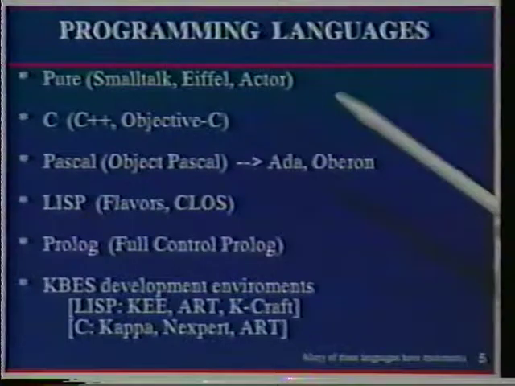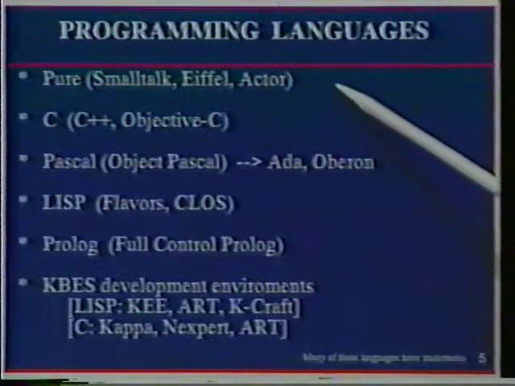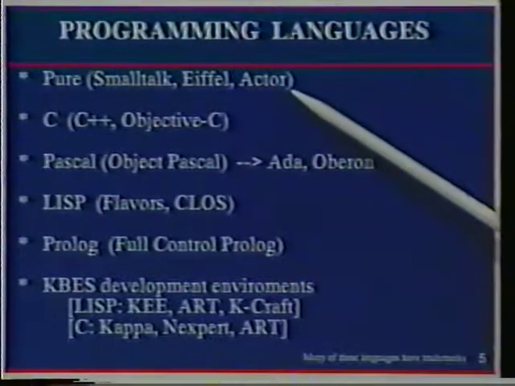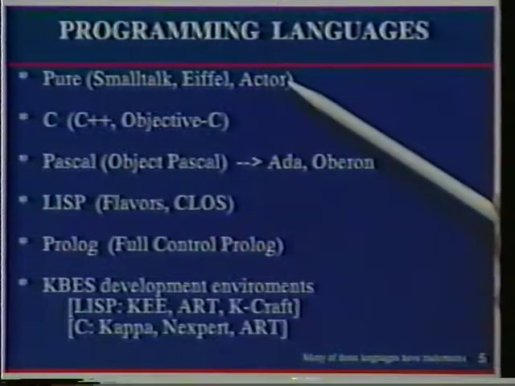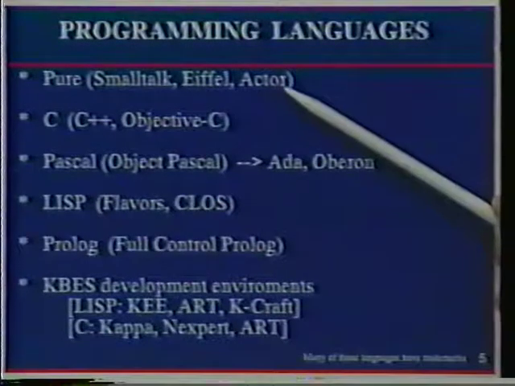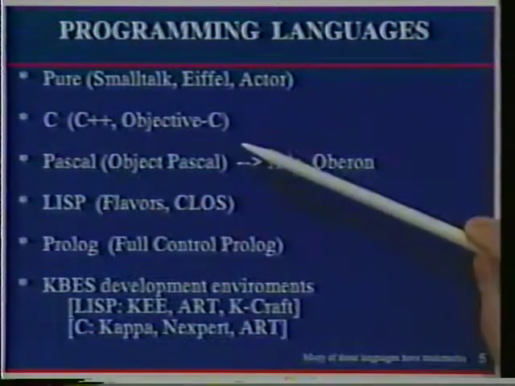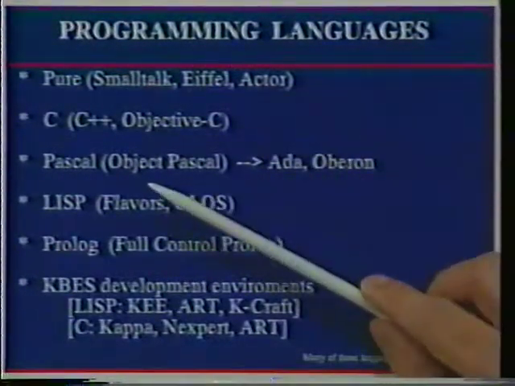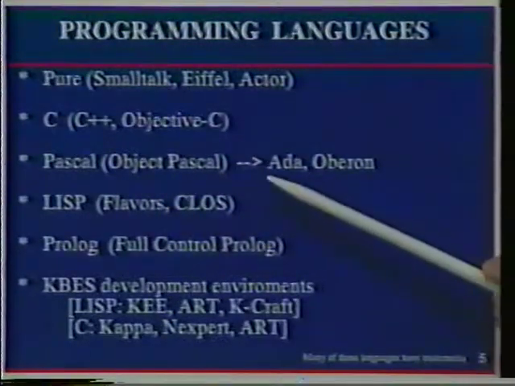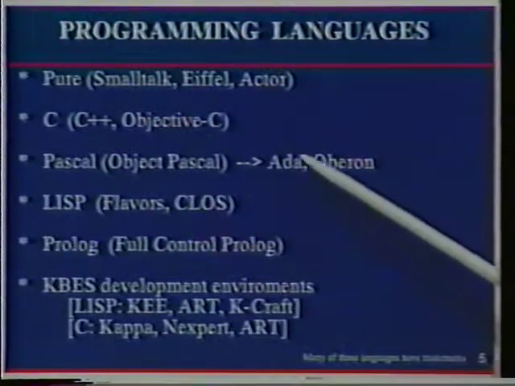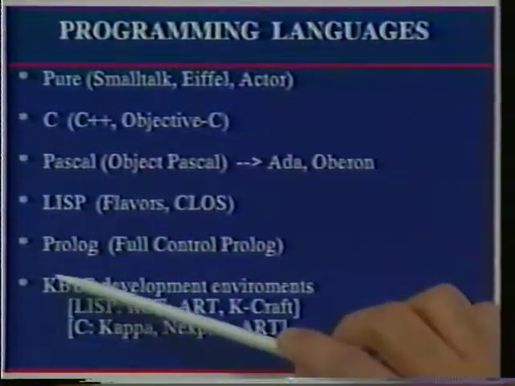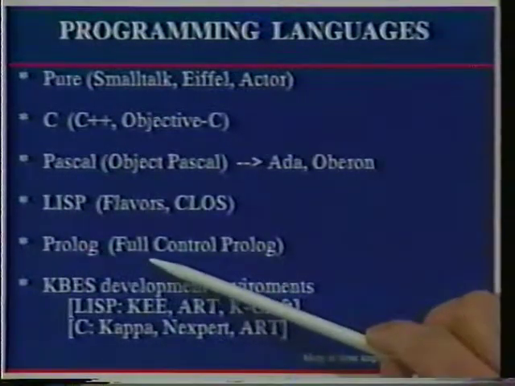In the recent past, we have witnessed a plethora of programming languages that claim to be object-oriented. These programming languages can be broadly grouped into the following categories: the pure object-oriented programming languages such as Smalltalk, Eiffel, and Actor; C-based programming languages such as C++ and Objective-C; Pascal-based languages, Object Pascal and the successor Ada and Oberon; Lisp-based languages such as Flavors and Class; Prolog-based languages such as Full Control Prolog;